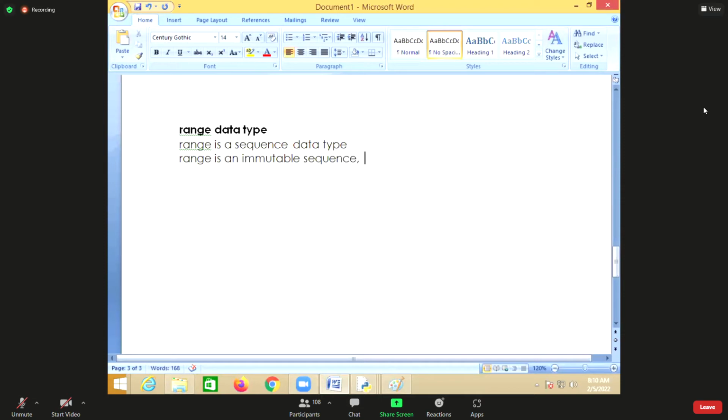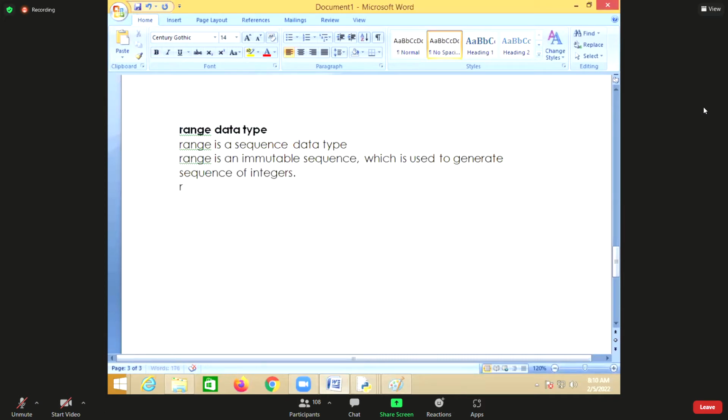So range is an immutable sequence which is used to generate a sequence of integers. If you want to generate a sequence of integers, you can do it by using the range data type.